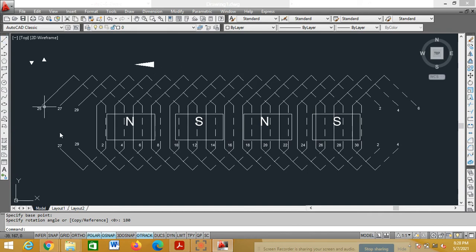Here what you have to do, switch on the ortho. I don't want a slanted line, I want a straight line. Switch on the ortho in the grid properties. Select the line. From here, draw a line. Over. Now, select this downward arrow. Click on this. Copy selection. Base point, you select the midpoint above and place at the midpoint. See, I'm getting the triangle midpoint within the north pole for all the conductors which are within the north poles.